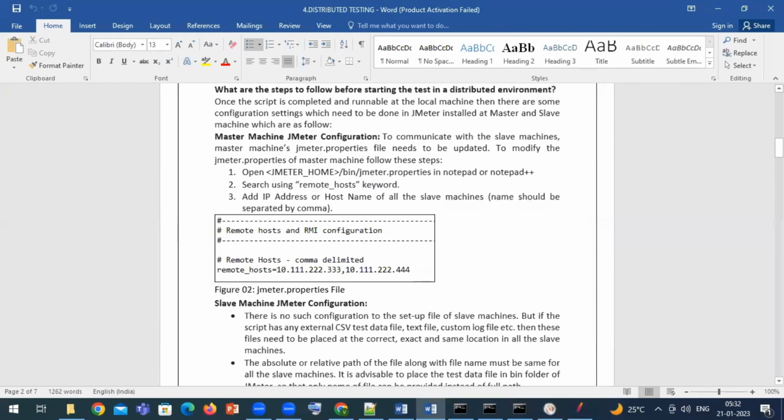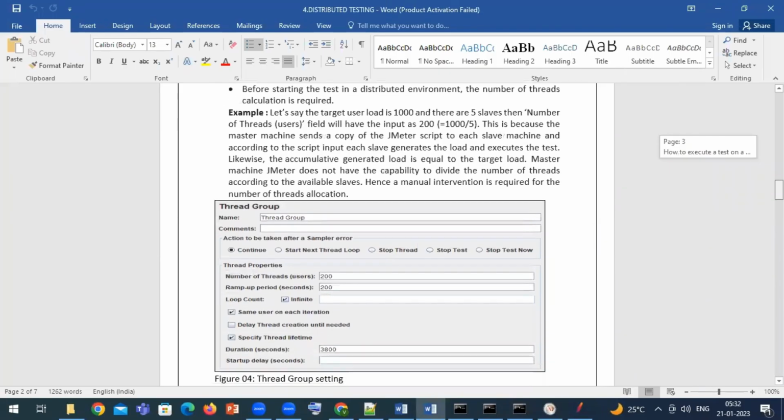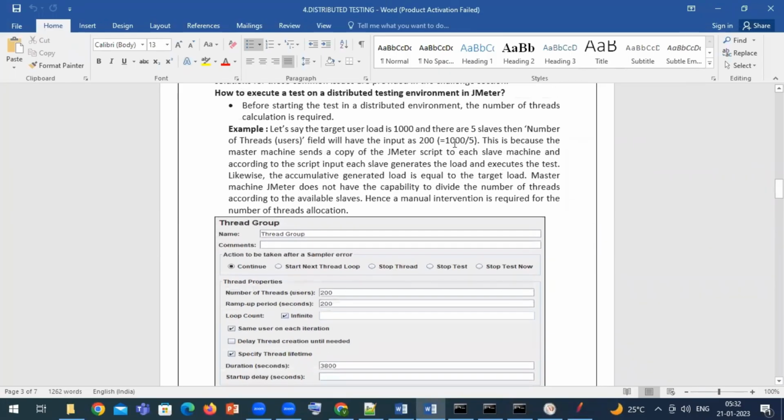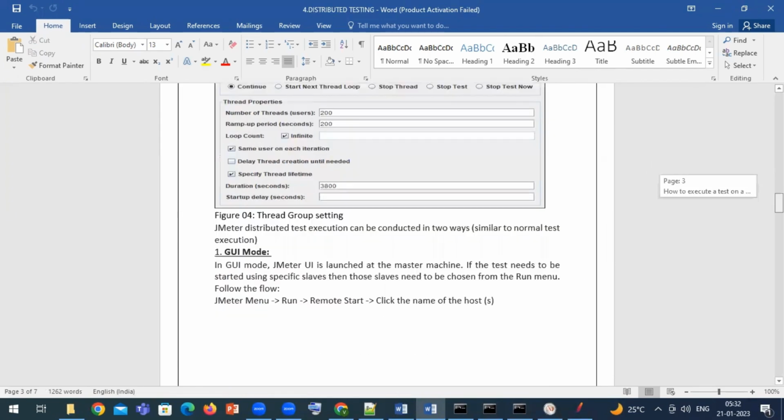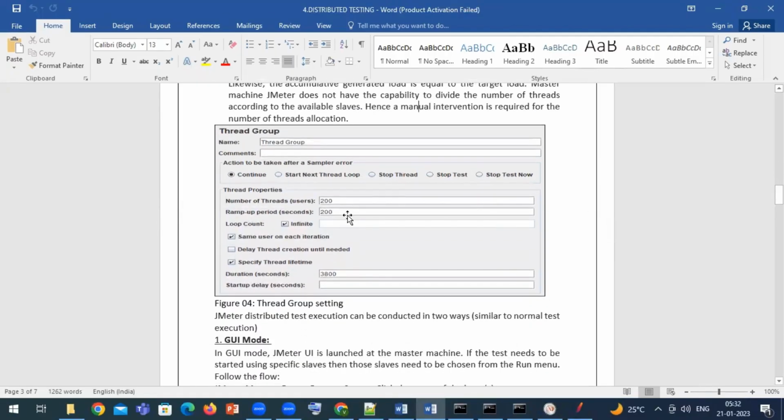And this is another important prerequisite. I have added an example as well. I am trying to run a test with 1000 users. I'm dividing across 5 machines: master 200, slave 200. However many slaves you have, you have to divide the load across that many machines. Just before, I told you that whatever test we designed, here I said 1000 users, you give it in the master machine, and we need to copy the same to the slave machine, right?